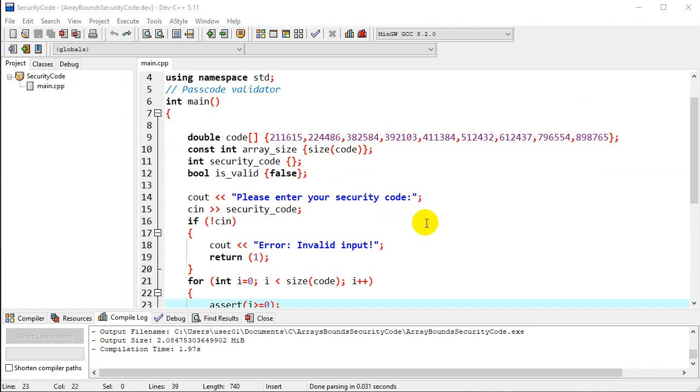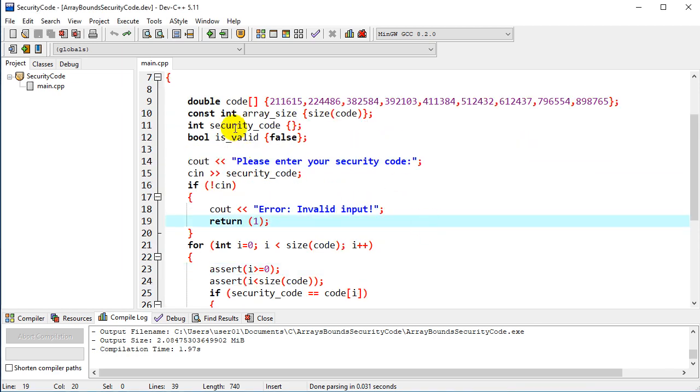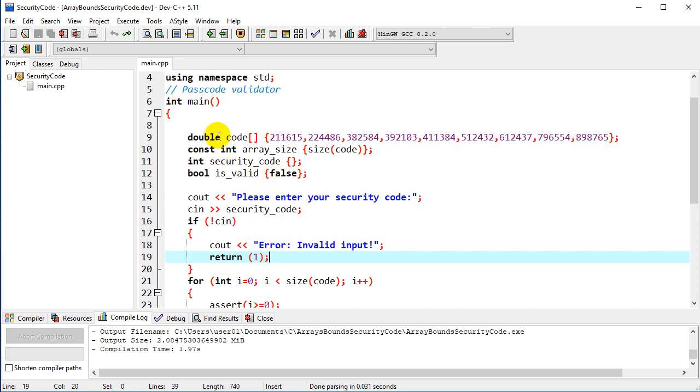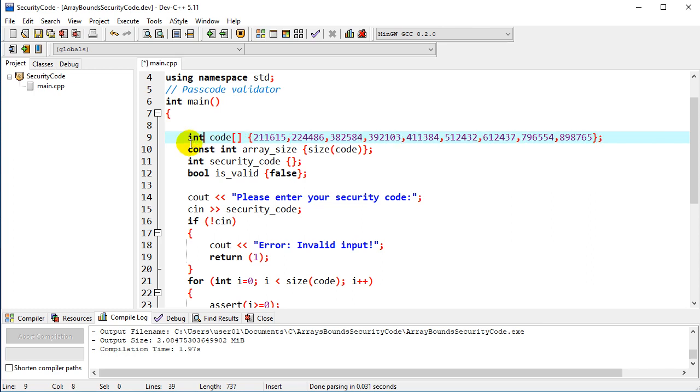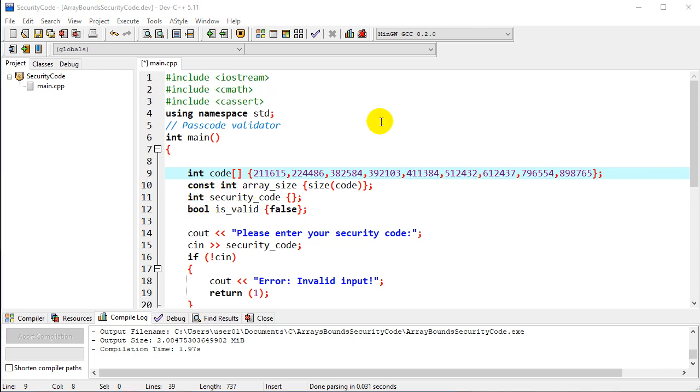Okay, so that's an example with a little bit more error checking, and as I look through this, I see one other problem here. That double probably could stand to be an int, is what I meant to do at the beginning. Hopefully this was a useful example for you and helps you understand arrays a little bit better, and also validate